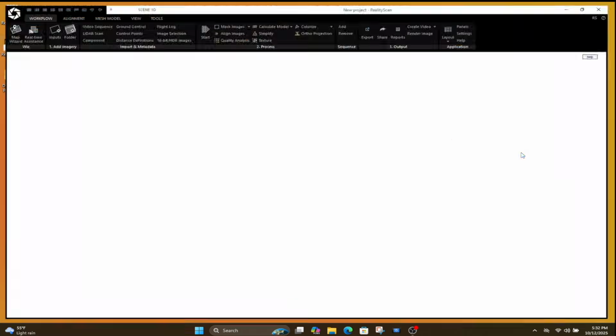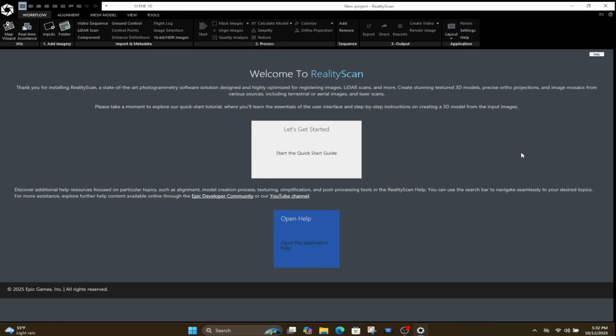Begin by opening RealityScan. When you launch the app for the first time, you'll be greeted by the welcome screen. Here, you'll find a variety of tutorials, guides, and helpful resources designed to help you get familiar with the software. This initial view is known as Single View Mode, where you can preview your workspace and access learning materials before